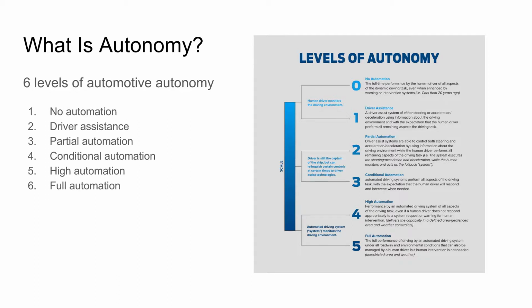We start with a human driver monitoring all driving environments. As we move to level 1, a driver assist system is in place, which is either steering or acceleration assist. Level 2 incorporates both steering and accelerating assist while keeping the driver still in charge of the vehicle. Level 3 has multiple ADAS systems in place where it performs all driving, however, the human must intervene when needed